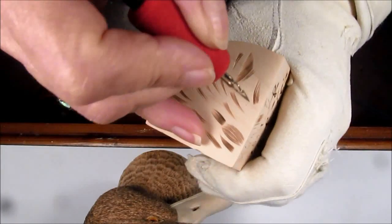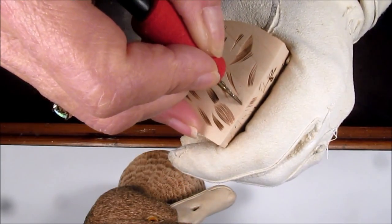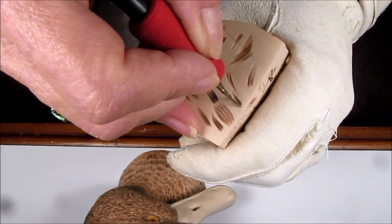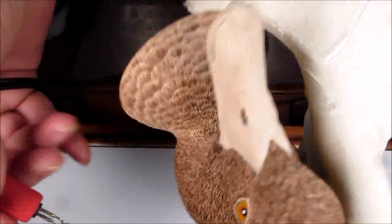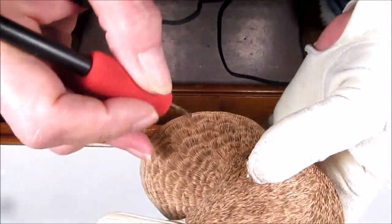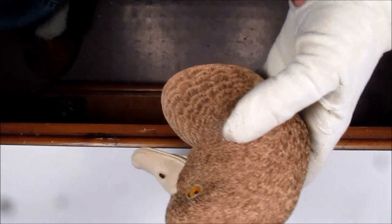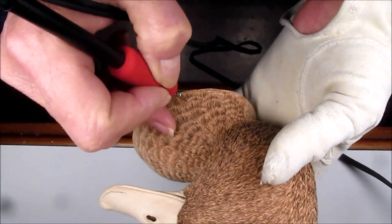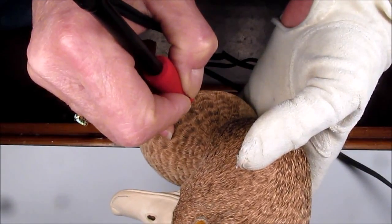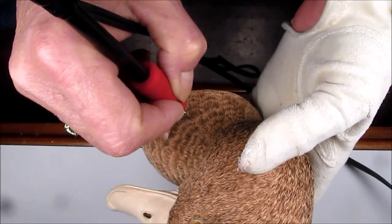Last time I left off on the breast, and I'm going to pick up there again. This looks like a wonderful temperature. I still see feather barbs that weren't ended or pulled all the way through on some of these, so